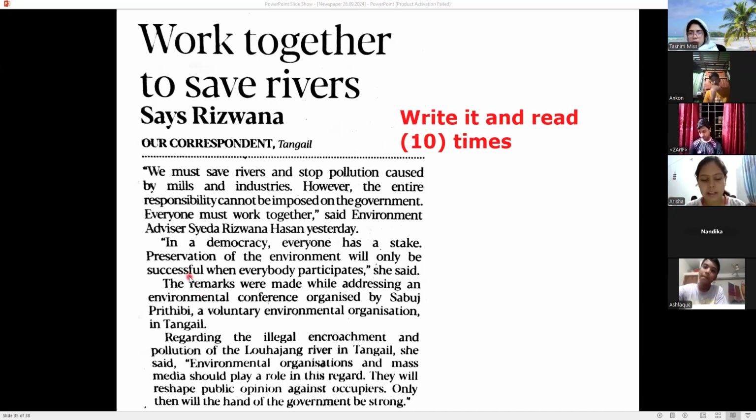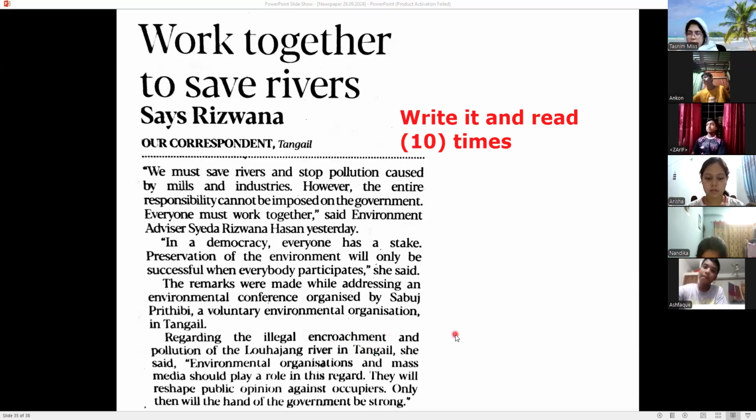Miss, can you please tell me the pronunciation of "regarding the illegal"? Illegal. Encroachment মানে হচ্ছে অনধিকার প্রবেশ, যেটা encroachment, okay? Encroachment, CROACH, encroachment. And if you have a problem, you can write it down in Google, then press the pronunciation, then you try to understand, okay? Regarding the illegal encroachment and pollution. And this is Louhajang River. Okay. So now,